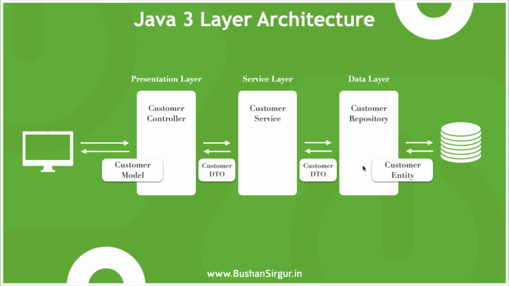The data layer contains the data access objects, also called repositories. These contain the SQL queries, create queries, read queries, or any other SQL queries. The data layer also contains the entity objects, and these entities are nothing but POJOs containing some private fields, setters and getters. But the fields in the entity class are the ones required to persist the data in the database.